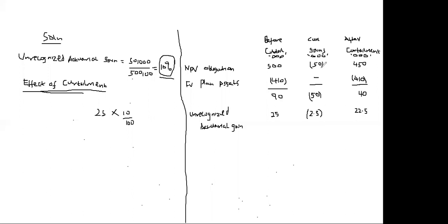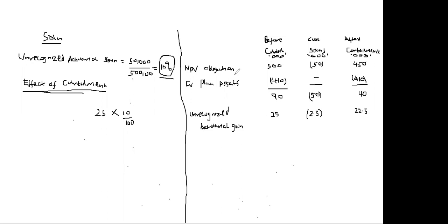If it would have been a gain, we would have added it to the net present value before curtailment. So if you subtract the 50 from the 500, then after curtailment, the net present value now will not be 500, but it will be 500 minus 50, which is